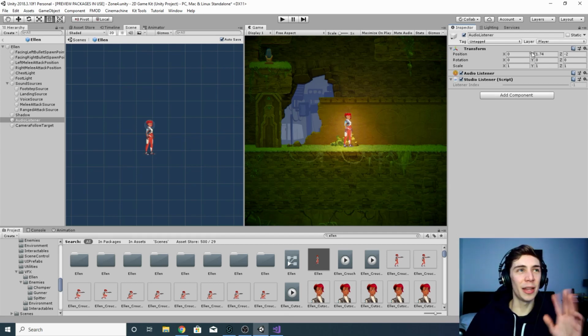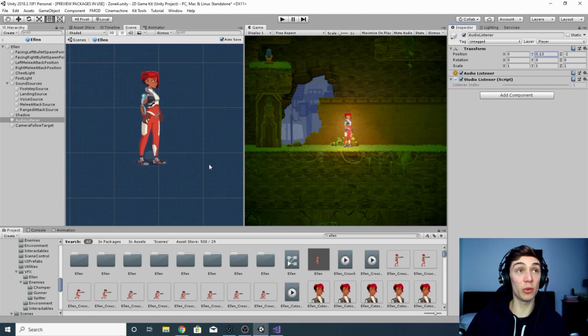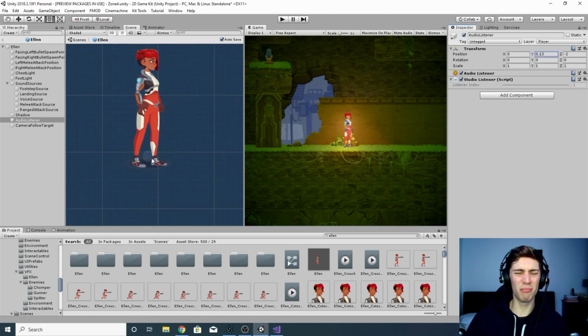number for you. Now, this is optional, but originally I found that the game object, audio listener, was for some reason by Ellen's feet, and I thought that was a bit weird. So I just increased the Y value on the position, the transform component, and brought it up to her head. Once you've made your changes to the Ellen prefab, go ahead and hit Control S if you're on PC or Command S if you're on Mac, I think, to save your Unity project and make sure the changes to that